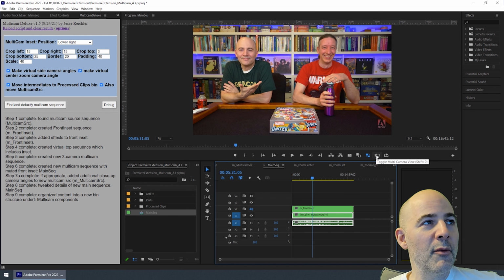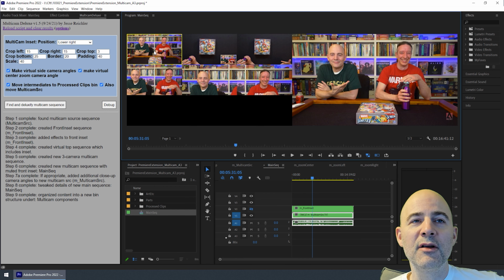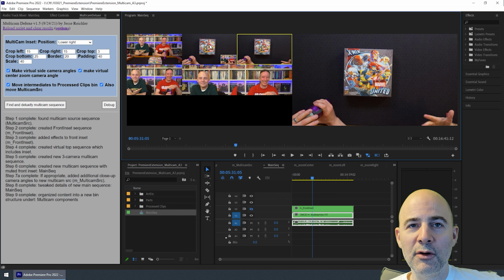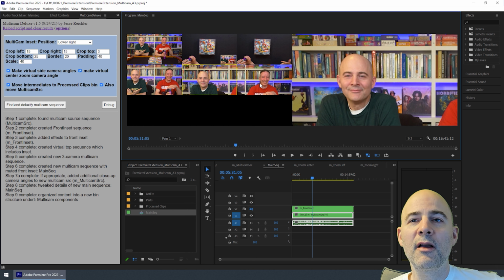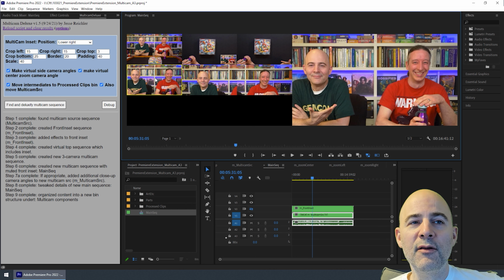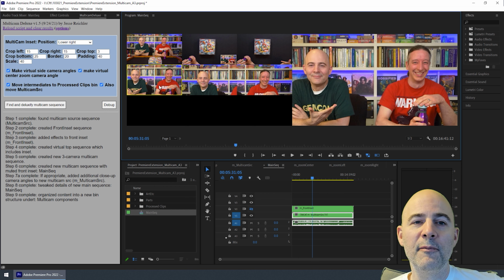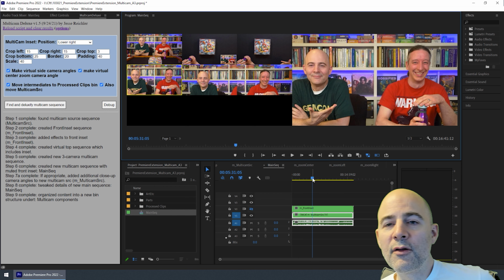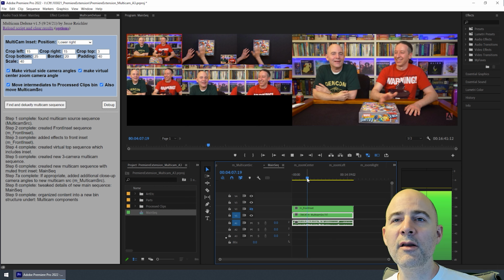However, if we turn on the multicam view, you can see we now have some additional camera angles. So here are our first three from before. The front view, the pure top view, the virtual top view with the inset, and now three additional virtual camera angles. One close up on the left-hand side, on the right-hand side, and then a zoomed-in center view. And you could switch between these in the same exact way. So if I click play, and then I click the one key,